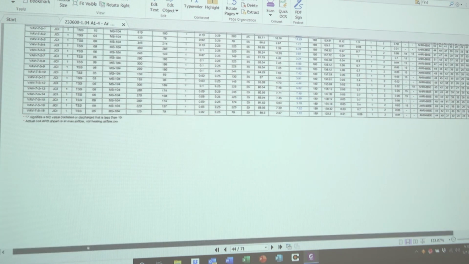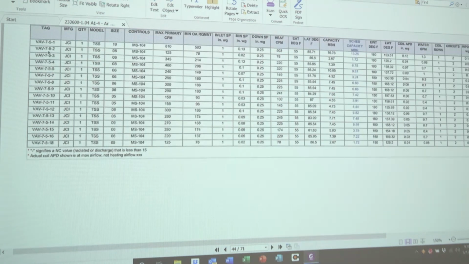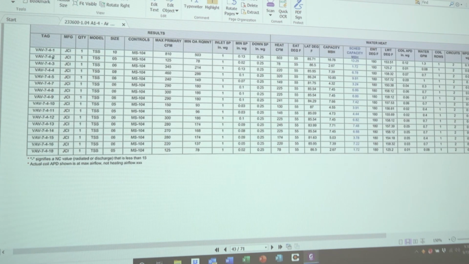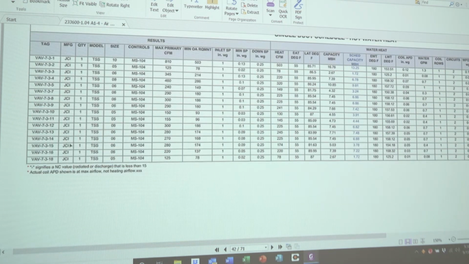Similarly, you'll see here VAV-7, all these boxes VAV-7, that's air handling unit number 7, 5th floor, 18 boxes associated with the 5th floor, unit number 7, VAV boxes. 4th floor, 18 boxes, unit number 7, 4th floor, independent number. You'll see that each unit is similar in layout, always following the same identification designations,